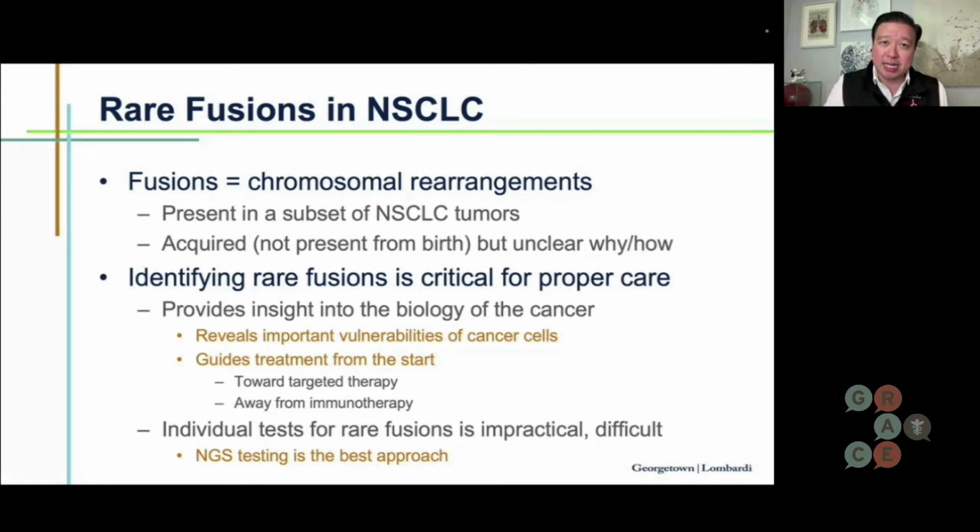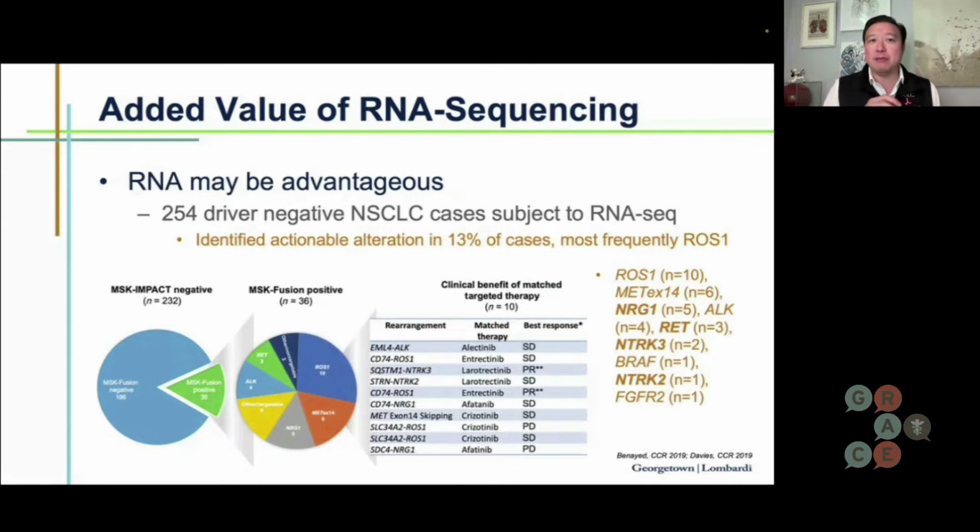But the type of sequencing is also relevant. And I want to make a quick plug for the potential added value of RNA sequencing. When we talk about next generation sequencing in the US, that's primarily using DNA as the nucleic acid. And this is a good test. It's very good at detecting certain things, such as EGFR, very easy to find on DNA-based next generation sequencing. But RNA sequencing adds a dimension which in some cases is useful. Not for everyone, and certainly it does add cost, it does add time and expertise, but there can be value